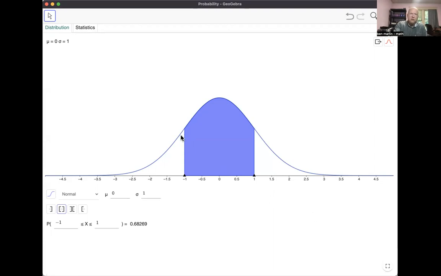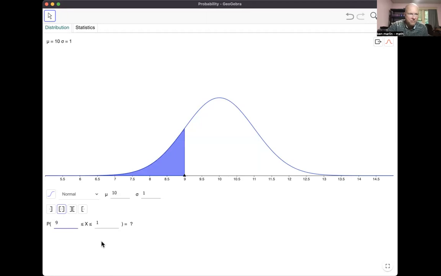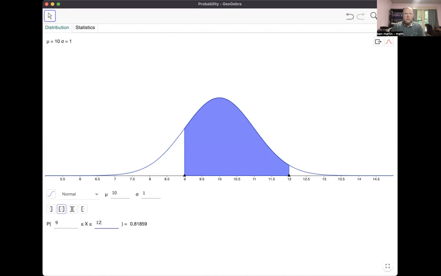So normal distribution, generally speaking, is going to be something with a curve like that in the middle. We can take and change where the center is. I can tell it I want the center at 10, and then we would have to think about something a little bit different here. Maybe I'll go then that we want to fill in from 9 to 12. Okay, just as an example there, right?